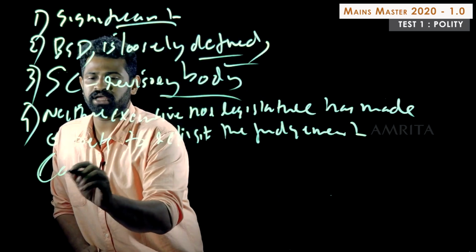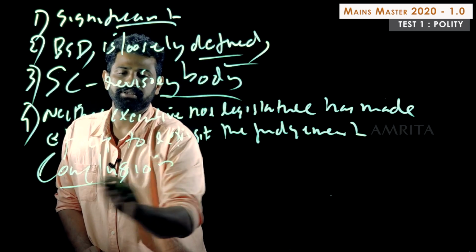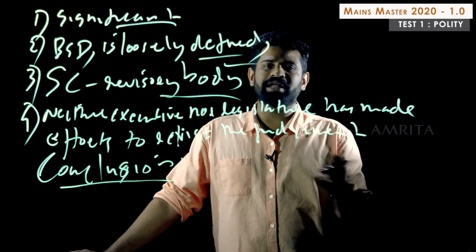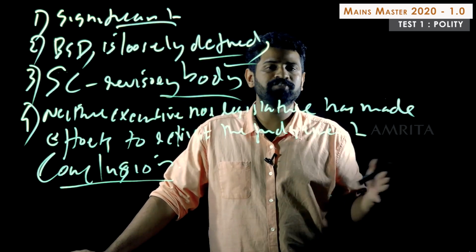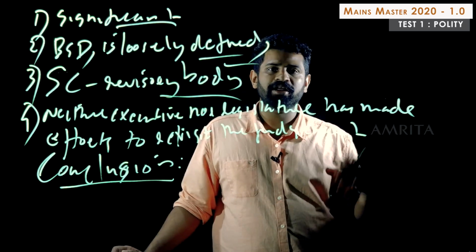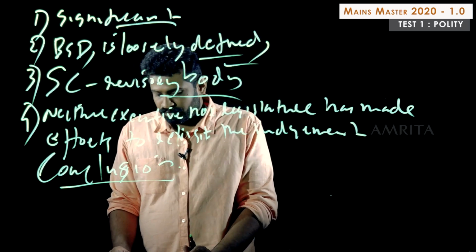Now then you move to the concluding remarks or conclusion. So here I would give you different scenarios. You could conclude with any of these statements. Any of these ideas should suffice, because it's a 10 marker. If it's a 15 marker, you could come up with 2 or 3 dimensions of it. So first of all,